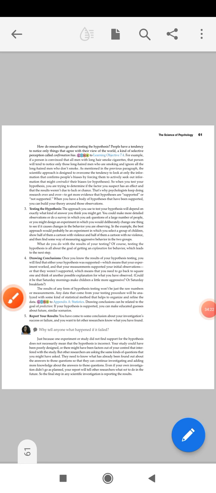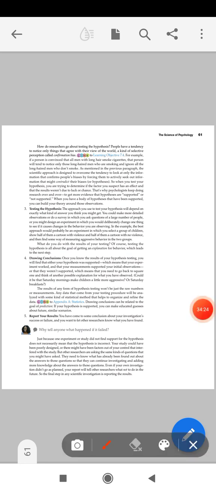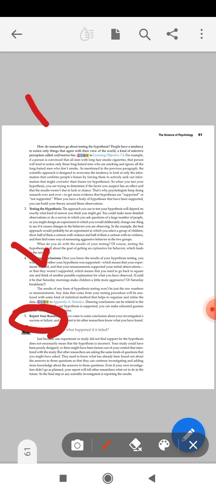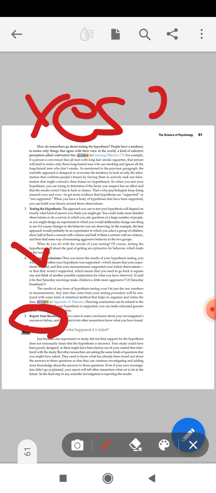Suppose you have conducted the experiment, you have tested your hypothesis, you have drawn the conclusion, and unfortunately your research hypothesis was not verified, meaning your test failed. So should you report the result of this experiment to the higher authorities? The answer is yes, you must. Why? Because there is a possibility that you may have conducted the experiment in a wrong way, or if you were right,